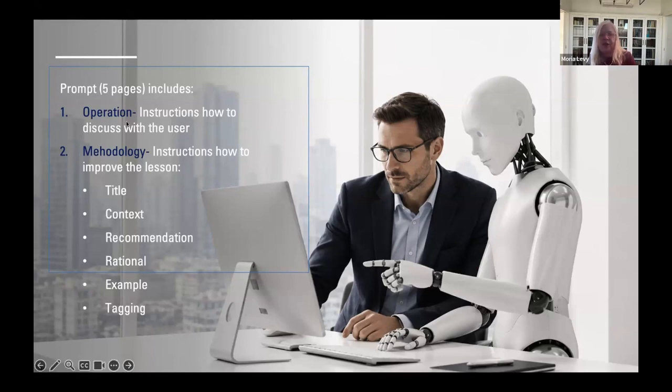That's why we call them smart agents. So the methodology, the 5 pages, include instructions on how to improve the title, how to make it catchy, how to make it maybe humor-based, how to make it, I'm giving you real examples, sometimes in rhymes so that it will catch the eye, how to write the context, how to generalize the context, how to write the recommendation, what should be the size and the functionality of the rationale, how not to write a rationale, otherwise everything would be so that we are safe and come back home safely. When to include an example, when not to, and after that the tagging.